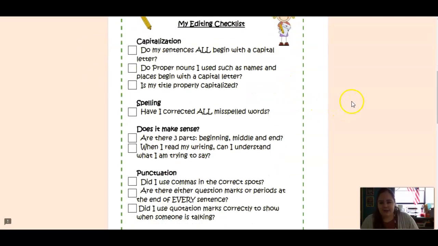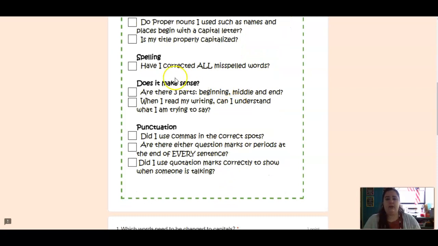Here's your editing checklist. So we're going to look at capitalization. Do all of your sentences start with a capital letter? Do your pronouns start with a capital letter? So any names, any cities, states, stuff like that. Do you have a title? Is your title capitalized? Check your spelling. If there's any words that are underlined red, you can right click it or double click it on your Chromebook and it will find the correct spelling for you.